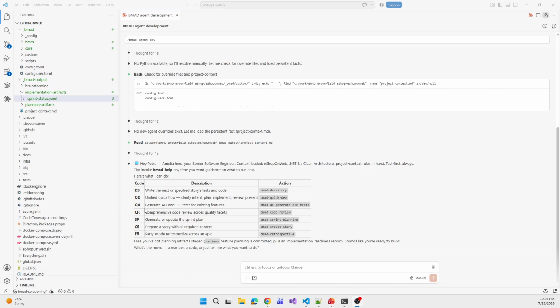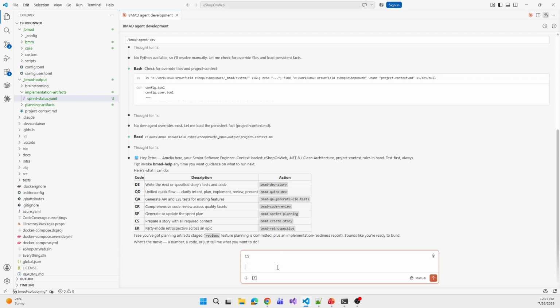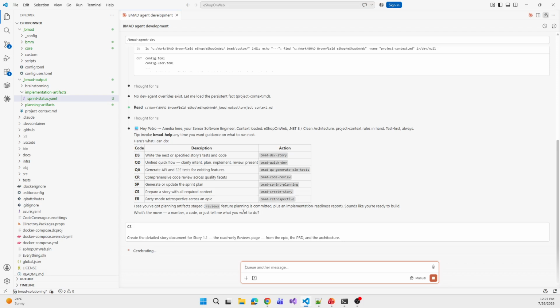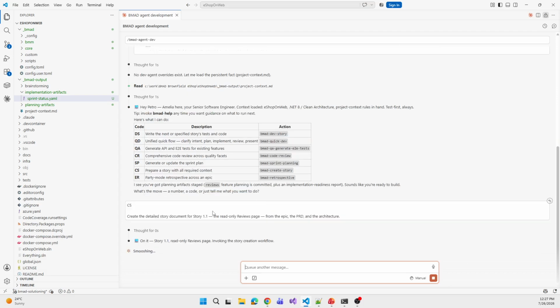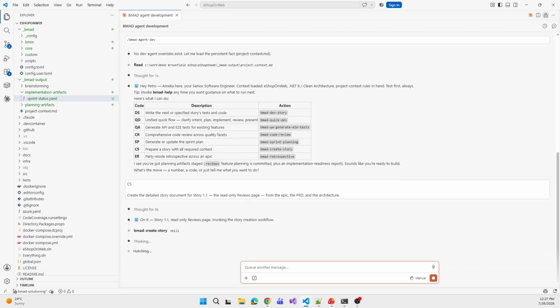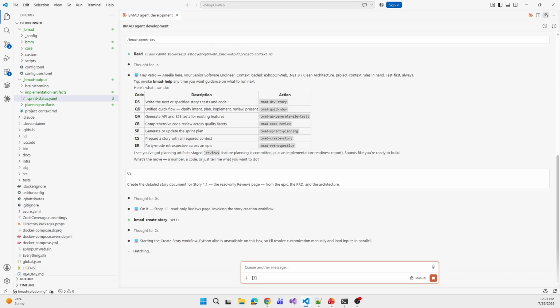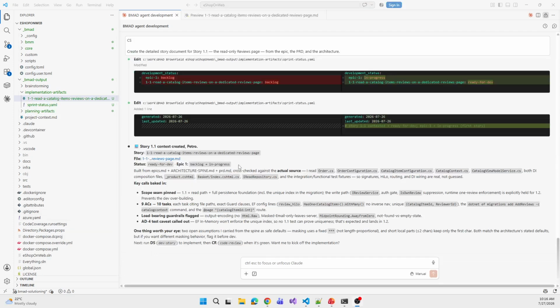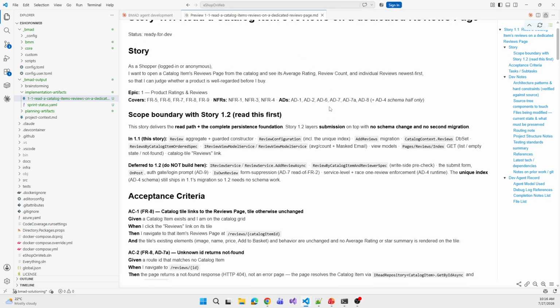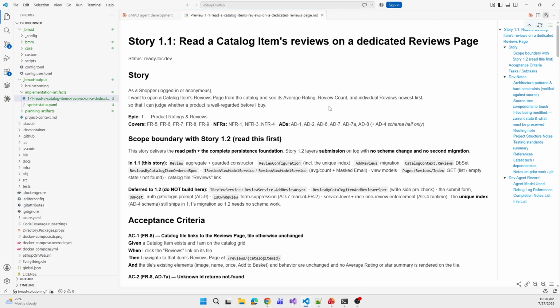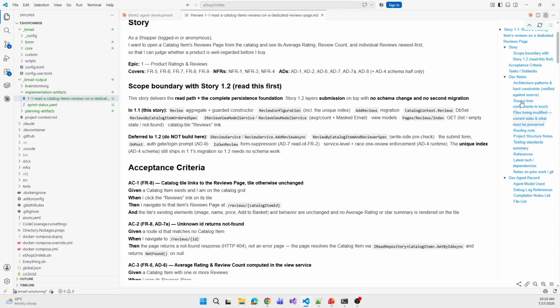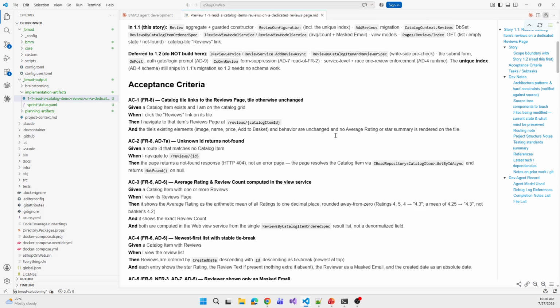So the first workflow here will be create story. Let's use it. It creates a detailed story document, which the dev agent will later use for development. Our story file was generated, so let's look at it. So here it is, and as we can see, it's a lot more than just a title and checklist. It's a complete specification for this one piece of work. It's got the acceptance criteria,